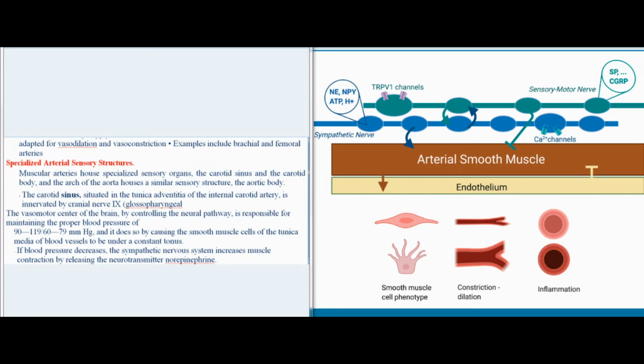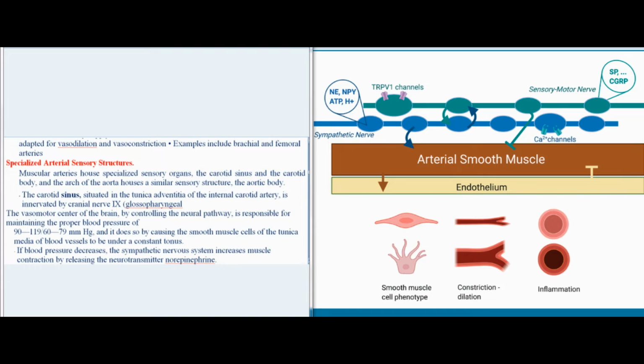Specialized arterial sensory structures. Muscular arteries house specialized sensory organs: the carotid sinus and the carotid body. The arch of the aorta houses a similar sensory structure, the aortic body. The carotid sinus, situated in the tunica adventitia of the internal carotid artery, is innervated by cranial nerve 9, glossopharyngeal. The vasomotor center of the brain, by controlling the neural pathway, is responsible for maintaining the proper blood pressure